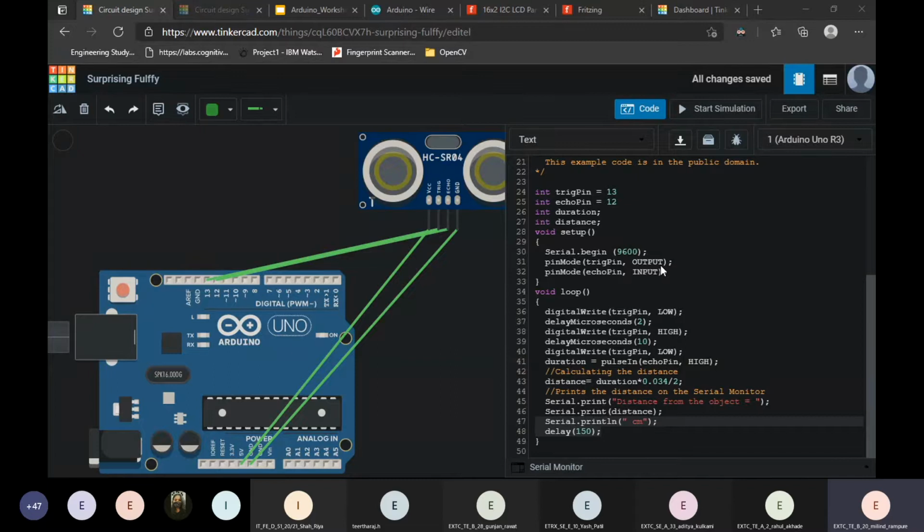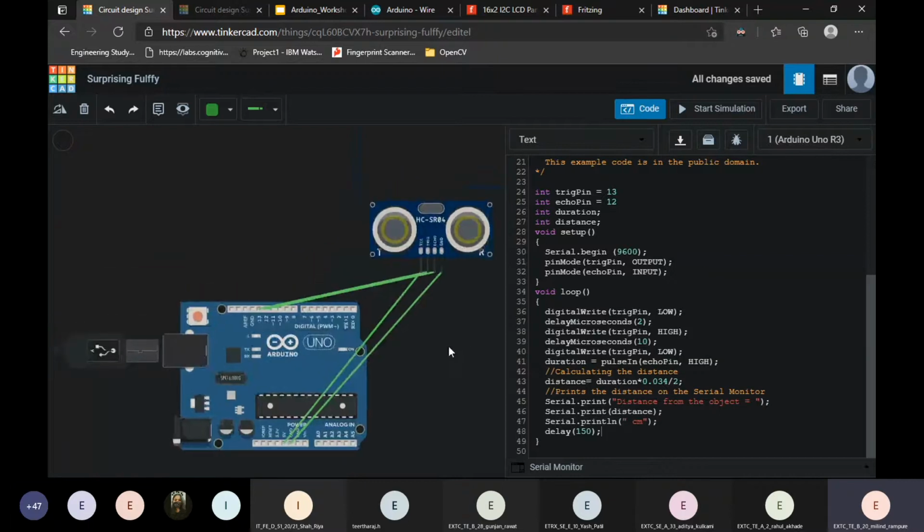No, it's not a bit. Delay we normally think of in seconds, but 150 means milliseconds. You're right. So after every 150 milliseconds, it will print the distance measurement.